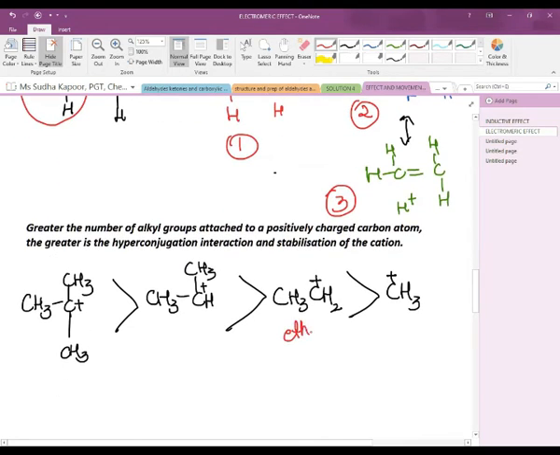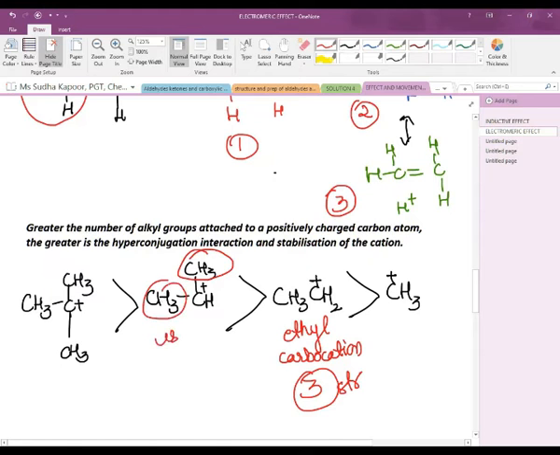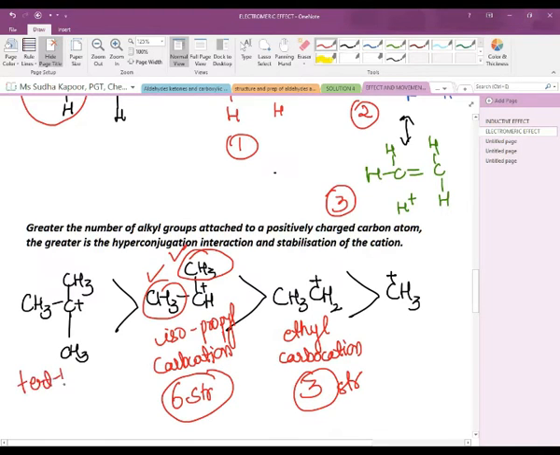This was the case of the ethyl carbocation, in which 3 delocalized structures are obtained. So what will happen if there are 2 CH3, as in the case of the isopropyl carbocation? We can easily visualize that when one CH3 is present, 3 structures are obtained. So if it is 2-degree type, that is 2 CH3s are present, then the number of structures obtained can be 6. Now comes the case of the tert butyl carbocation.